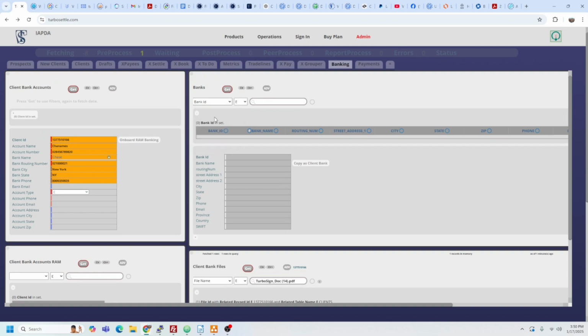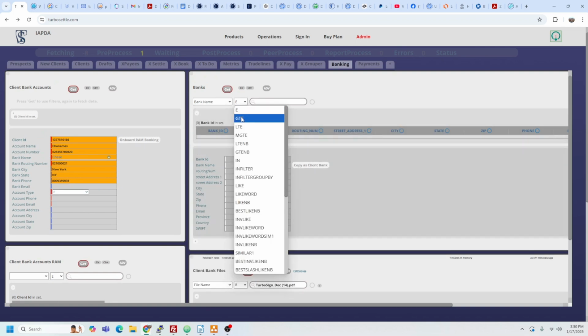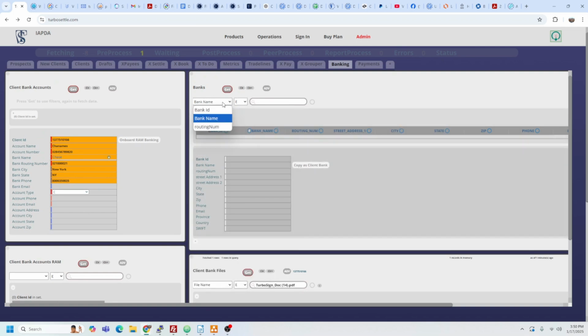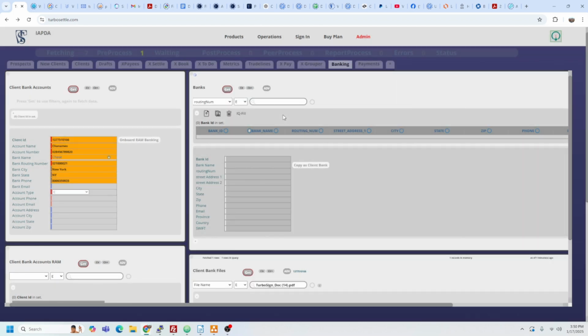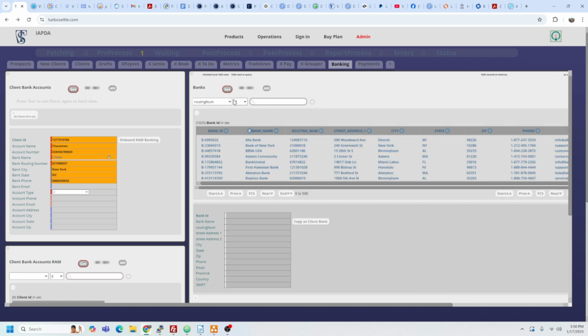So what we could do is look for routing numbers that are equal to, or we could just get all the banks we have. Maybe that's the easiest thing here. And then in our bank list, we could look for any